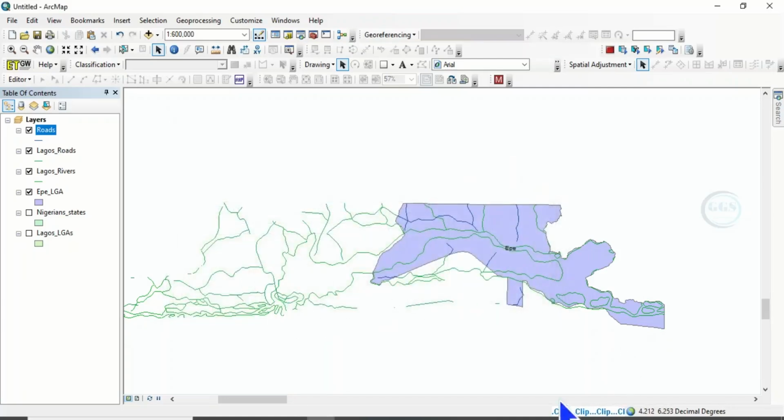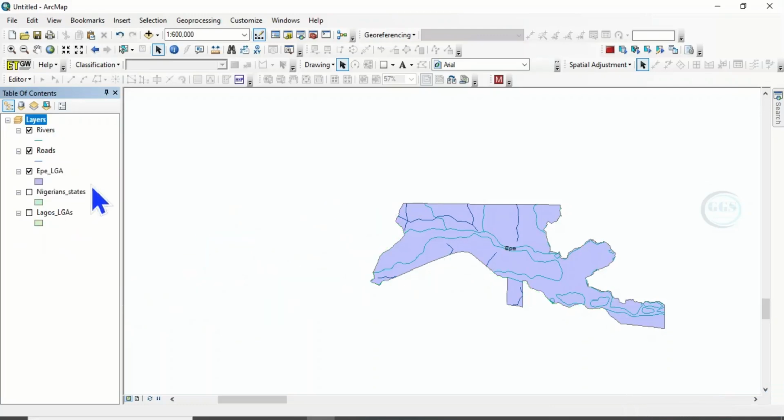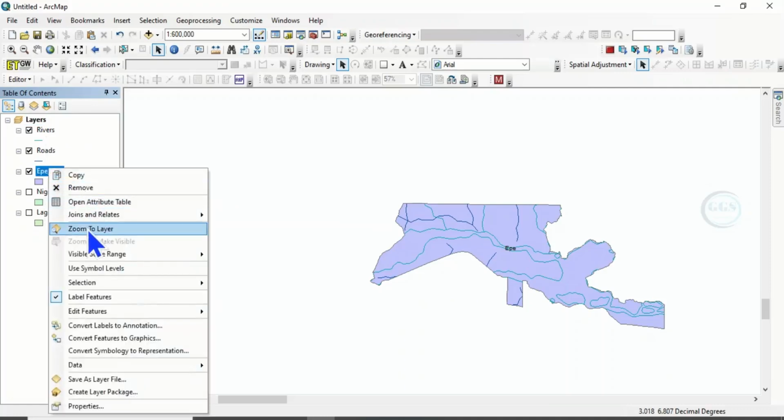So the clipping of the rivers is also going on to clip out only the rivers within this study area. Yes, it's done. So we can now remove this Lagos River or uncheck it, whichever. So let's remove. You can see now, if we zoom to layer,